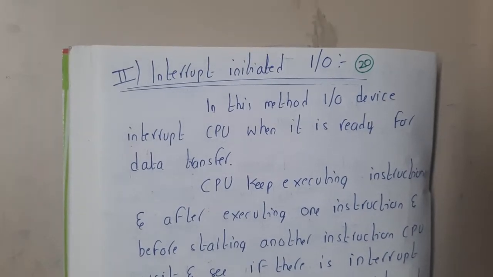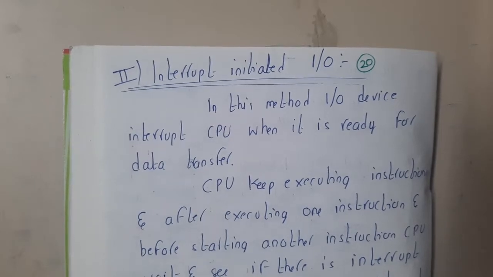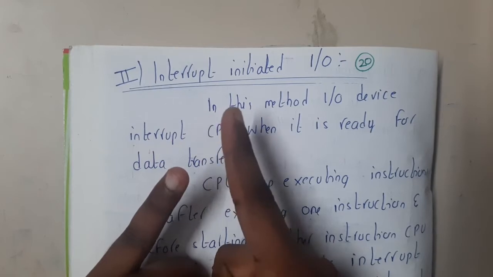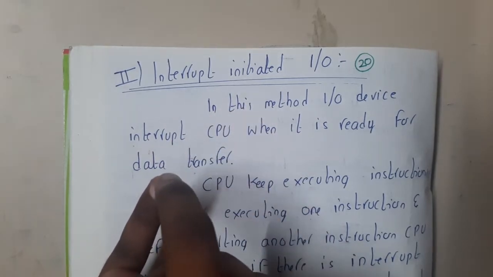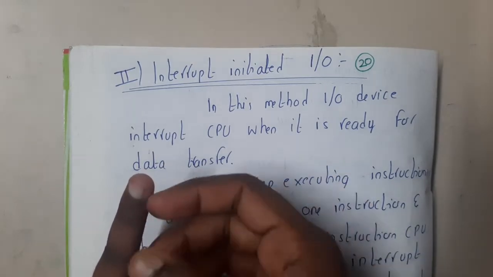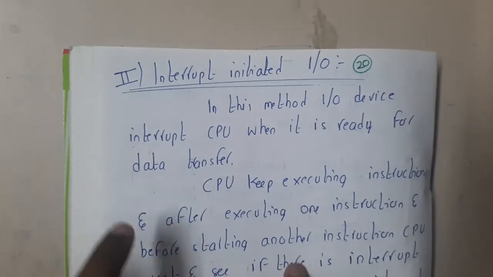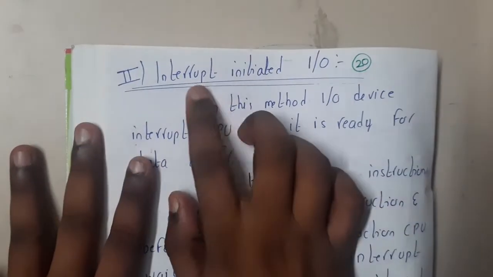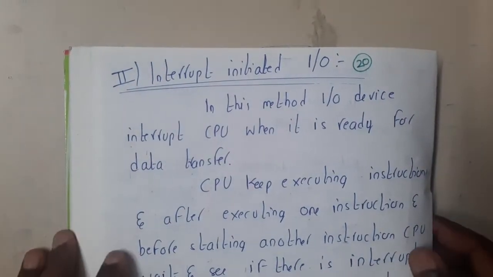In this lecture, let us go through the next type or next mode of data transfer. In the last lecture, we discussed programmed input output, right? And we also discussed the issue with respect to that. Basically, in that, the CPU is working like a slave. It is wasting its own cycles to check whether the flag bit is 1 or not. That is the disadvantage with respect to programmed input output. That is the reason why we will use interrupt initiated input output.